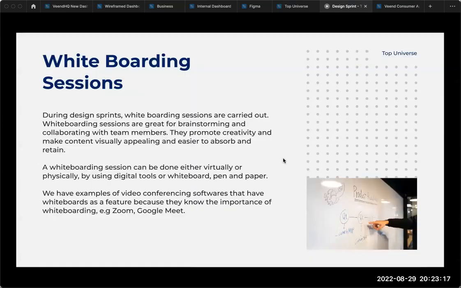Now, during design sprints, whiteboard sessions are carried out. So during design sprints, when everyone is ideating, that is when we carry out whiteboarding sessions. Now, whiteboarding sessions can be either physical or virtual, and it can be done on a board, on paper, or digitally. Now, if we look at Zoom where we are right now,